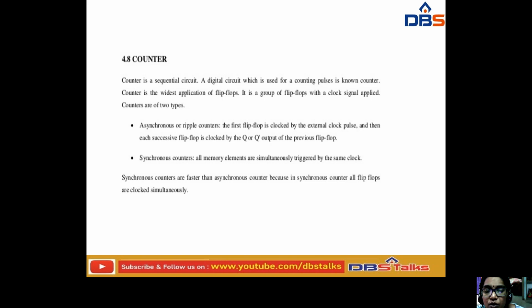Now let us see about the synchronous counters. In synchronous counters, all the memory elements are simultaneously triggered by the same clock. When all the memory elements are simultaneously triggered by the same clock, synchronous counters are faster than asynchronous counters. Why? Because in synchronous counters all the flip flops are clocked simultaneously. If you have observed this one,